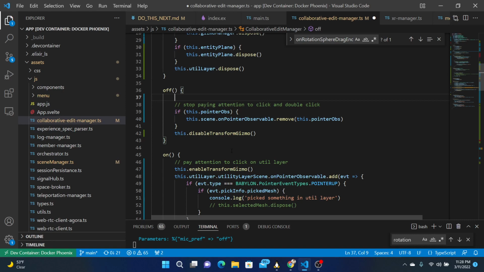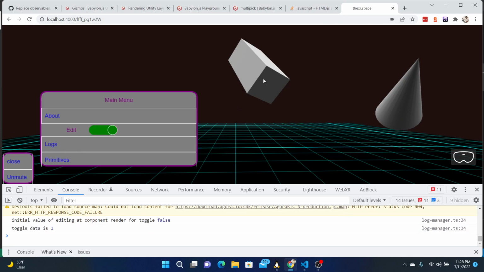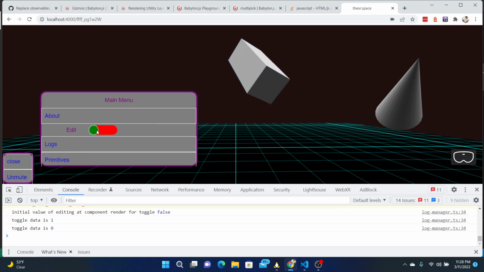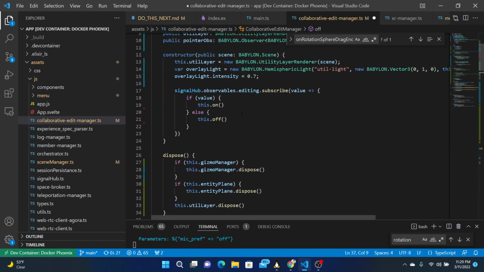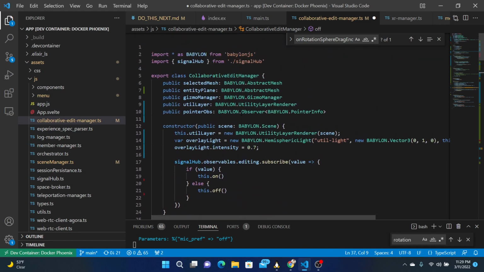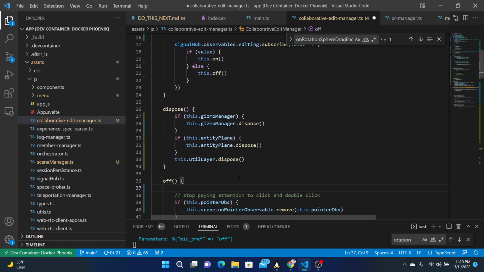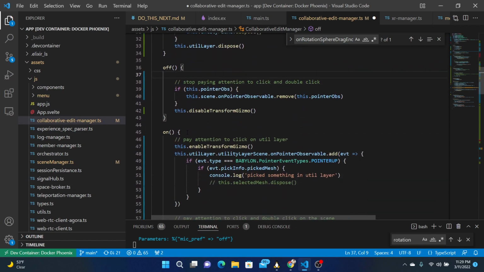Will get rid of the layer, I think. So if we have this on and you're clicking this, if you do that, yeah, okay, so it destroys the gizmo, but I think the utility layer is still there. And so if we create our own menu, so now we want to create a plane. So if we switch it to on, we should say